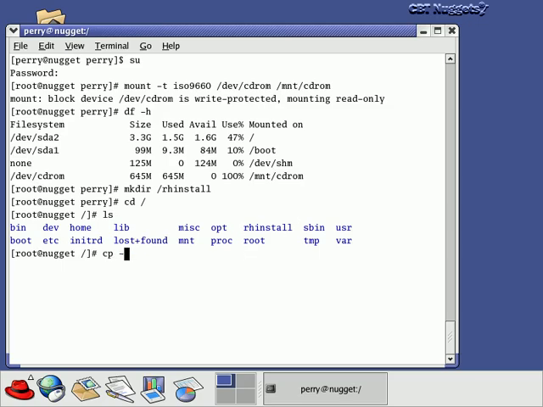So I'm going to say copy -AV from mount CD-ROM to RH install. Now the A option here is for archiving. That's so that you preserve all the permissions and the directory structure, it does everything recursively, and V is just verbose. Okay, so this is going to copy all the information from the CD to the RH install directory, and you